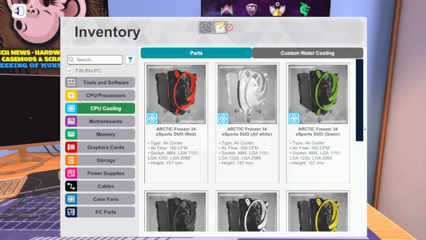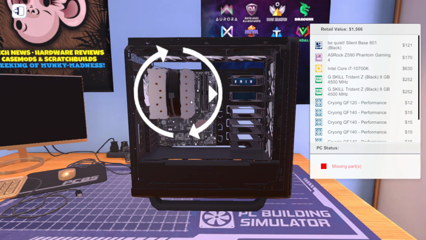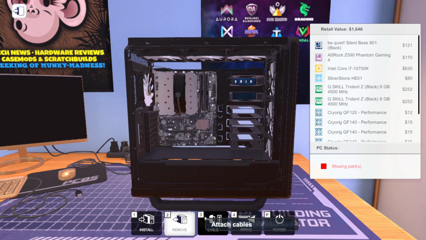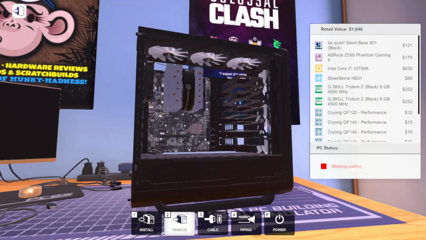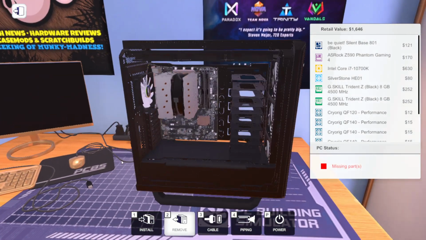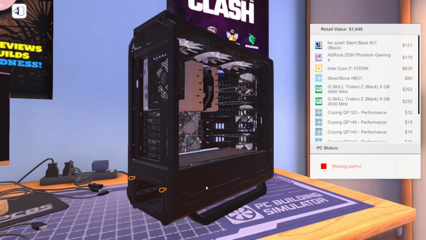And we got to go with this. Why? Because there's nothing fancy and it will do the job. This thing says it blows a lot of air, it's going to have a lot of air blown on it. I think it will work just well. We gotta get this